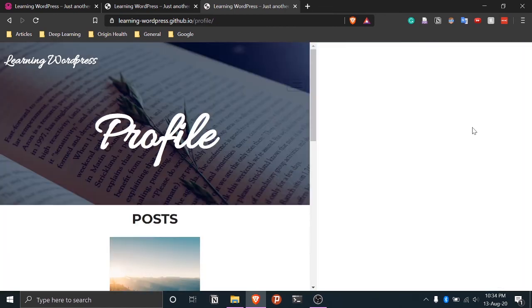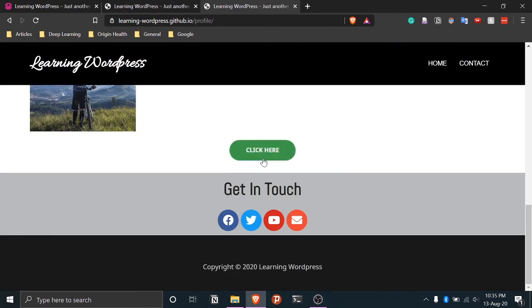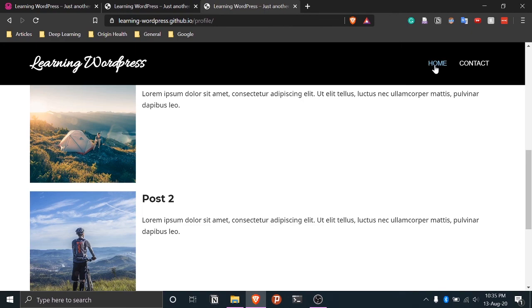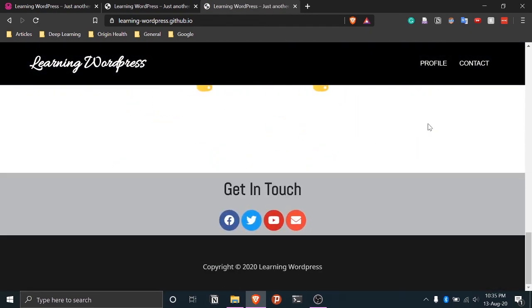Now we'll go ahead and check if, yeah, so here also you can see that there's no localhost, so everything is working fine. If there is localhost, then we'll have to go ahead and change that image source from localhost to the raw GitHub. So everything is working the way we wanted it to be. We can click on home page and then we can go back to the home page here.